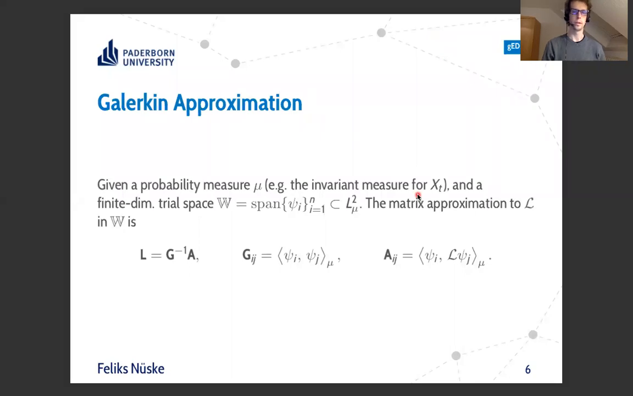Now, in order to make use of this in a data-driven context, we have to realize that all of the entries of these two matrices, G and A, can be read as expectation values with respect to the probability measure mu. For example, any entry Gij of the mass matrix can be seen as the expectation value of the product psi i times psi j with respect to mu. But as a consequence,